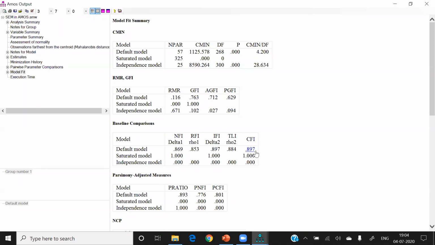Now, with CFI, I am telling you a very interesting story. There is a university, Indraprastha University in Delhi, and one of the scholars, she was in the 7th year of the PhD, and she presented her thesis, and her thesis was rejected just because the CFI was less than 0.9. So you can imagine how these goodness of fit measures play a very important role. Her thesis was rejected only because the CFI was less, right?